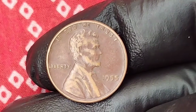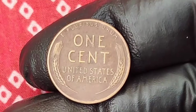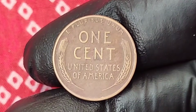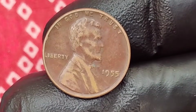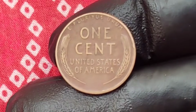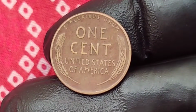Remember, the wheat penny design, those twin stalks curving around the words 1 cent, was more than decoration. It was a symbol of America's promised growth, unity, and strength after hard times. The 1955 edition carries that spirit like a flag, a reminder that small things, forgotten by time, can someday shine brighter than ever. So if you ever stumble across one in an old collection, a family coin jar, or an